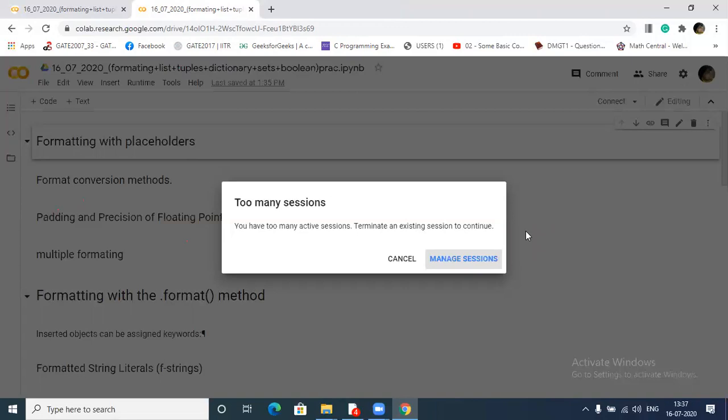Why is percentage s coming? Because when you are printing here, the one after printing is acting as a string here, not a numerical. So it's acting as a character string.